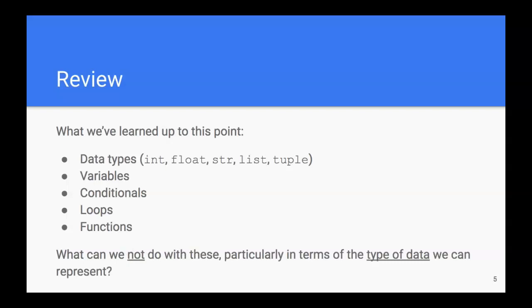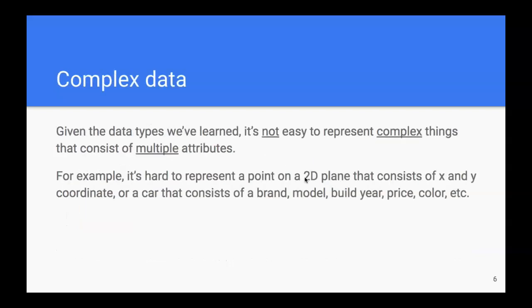Now, the question is, okay, what can we not do? Given all that we've known, particularly in terms of the types of data that we can represent, we can represent these types of data so far, but what can we not do if all we have are these types? Well, what we cannot do is that it's really not easy, if you think about it, to represent complex things